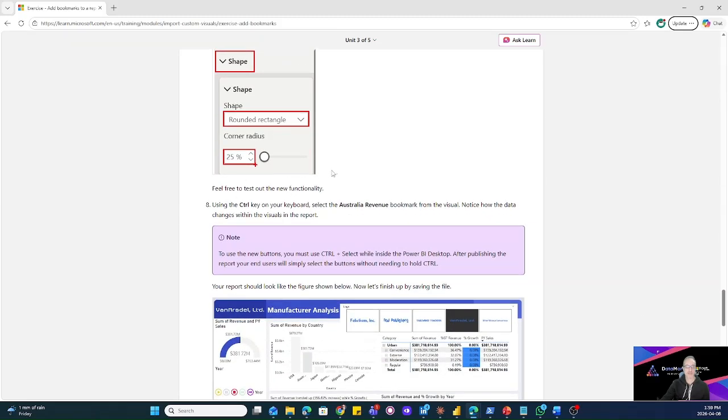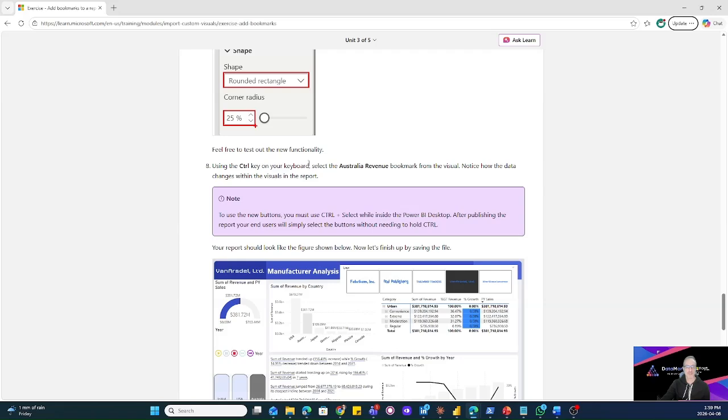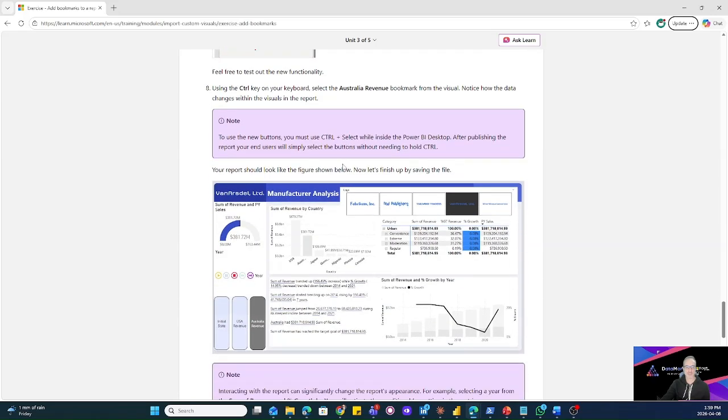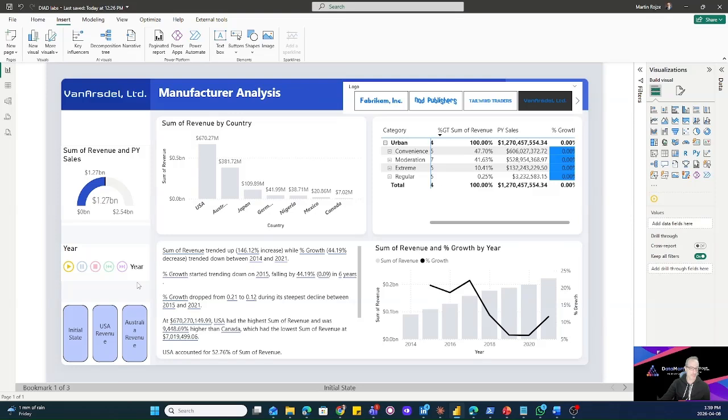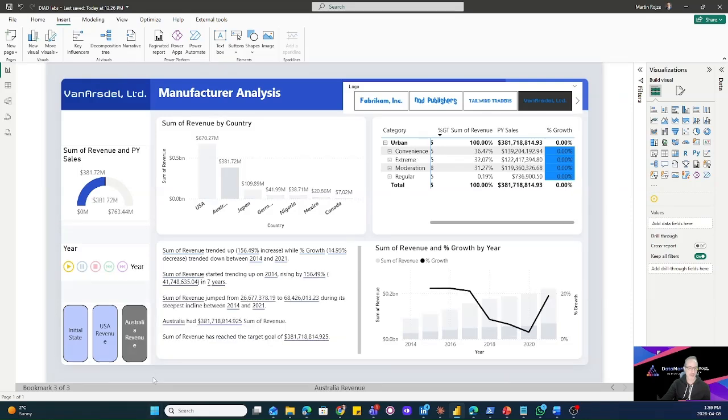And now it's great. Using the control key on the keyboard, select Australia Revenue bookmark from the visual. Notice how the data changes. Why we need to do control. Remember, this report hasn't been published, so we are in edit mode. There's no presentation mode for this until we publish it, which is going to be done soon. So if we want to select one of these, we need to have control pressed down, and that is how